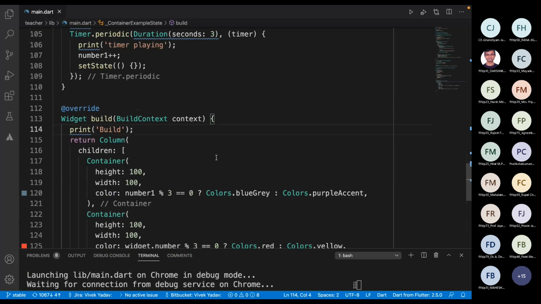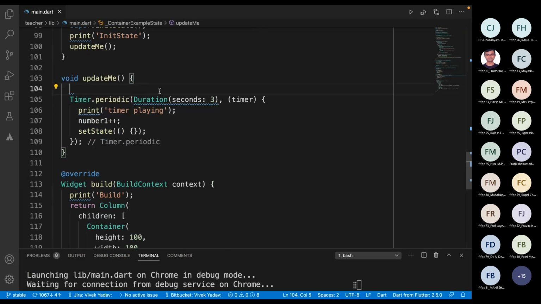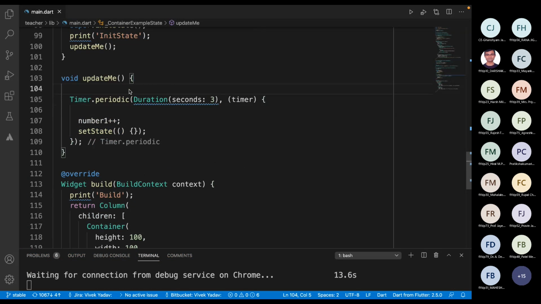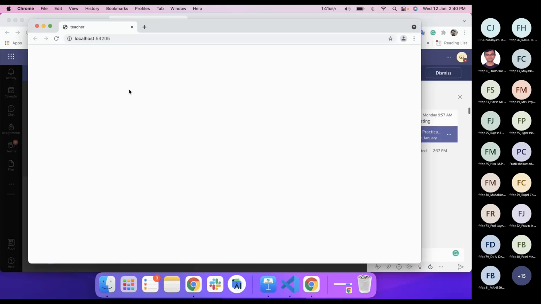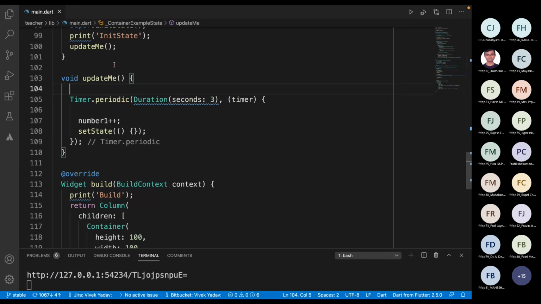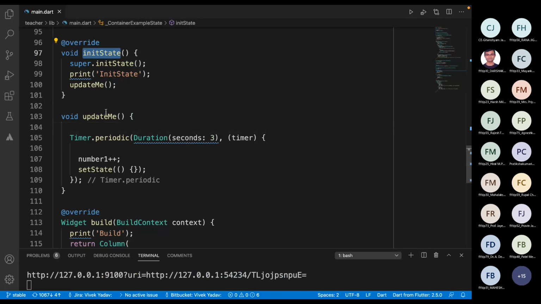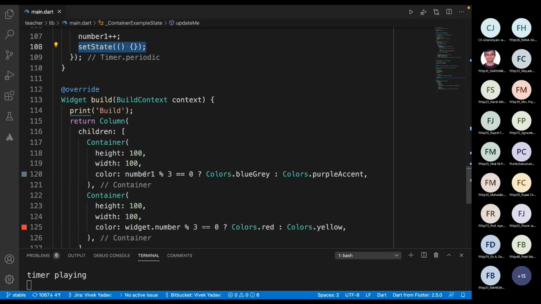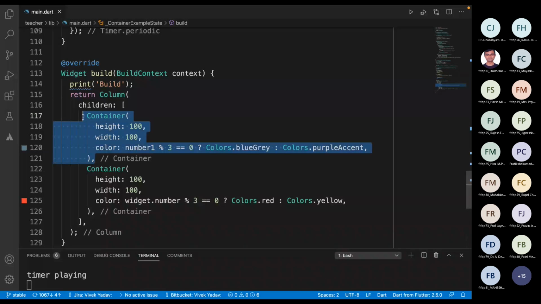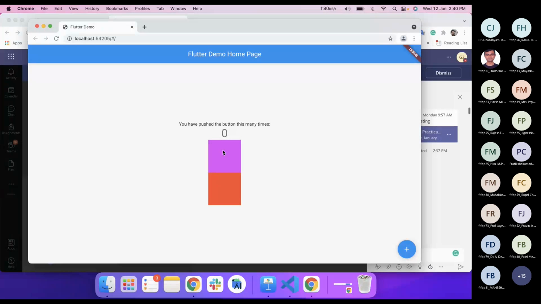So this is our timer, and this is where the logs are. What happens in our initState? We know that initState is called before the build method. In initState, we are calling the updateMe function, and updateMe is starting a timer of 3 seconds. After 3 seconds, it is updating number one and doing a setState. Based on number one, we are updating our top content. So we can see that top content is changing its color.